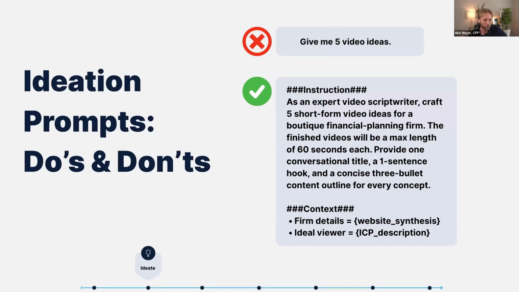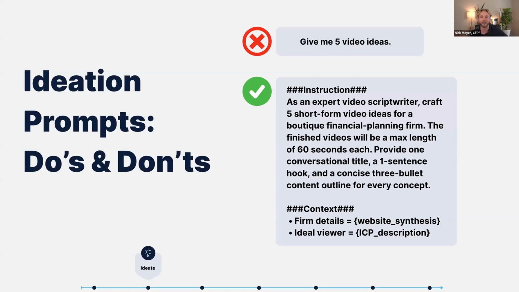Inside of a perfectly engineered prompt, you're going to want to include very, very detailed instructions, including what the AI model is, like what role they are acting as. You can see in our example, we're telling them they're an expert video script writer. Give them this persona and they're going to perform better. And then also obviously explain exactly what you want them to give you, but also the format that you want them to give it in, like including an outline, which we want to have for video ideas so we can see exactly what the video is about beyond just the title.